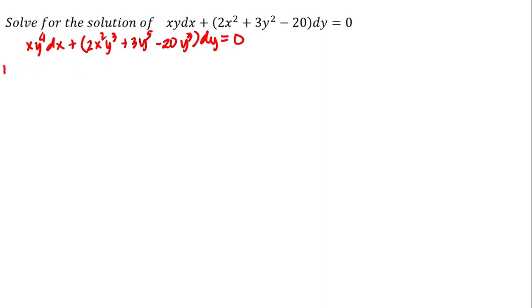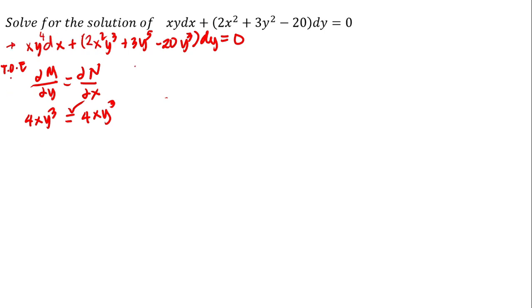So we can now apply our test of exactness. We have the partial derivative of m with respect to y equals the partial derivative of n with respect to x. So the left hand side of this equation is 4xy cubed. Then the right hand side is 4xy cubed. So both sides of the equation are equal, so the test of exactness is satisfied. So this new differential equation, after multiplying the integrating factor, becomes an exact DE. Then we can apply the assumption